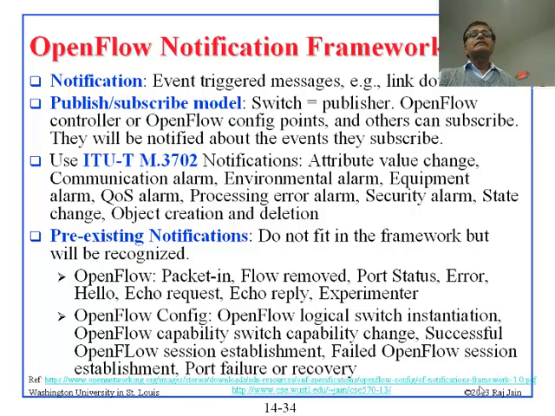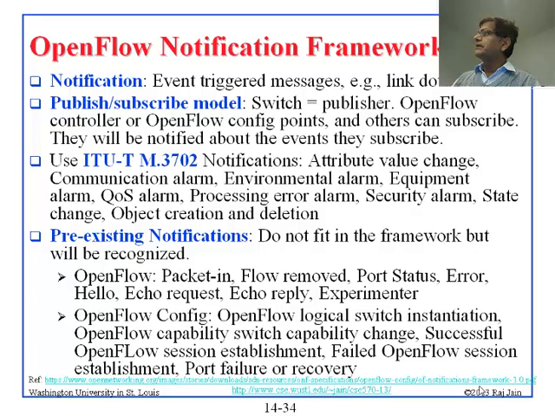And the way it is done, there is an ITU standard for it, which they are following. ITU standard M.3702, which, similar to everything else, has several TLVs defined, such as attribute value changed, communication alarm, environmental alarm.